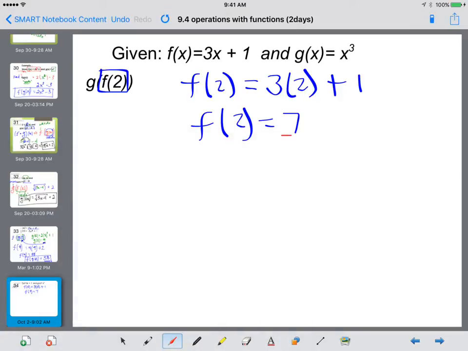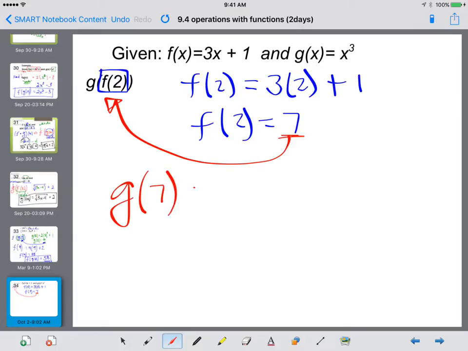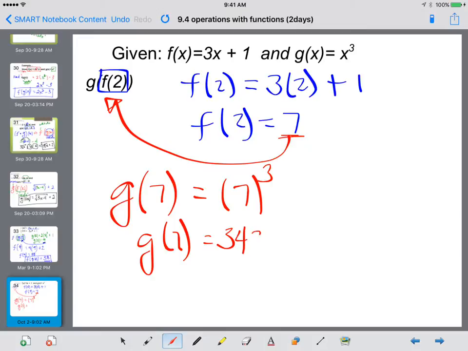So now that I have it down to a solid number, I'm going to replace that 7 in for g. I'm going to find g of 7. Well, g of x is x to the third power. That means I got to do 7 to the third power. So g of 7 equals 343. So g of f of 2 equals